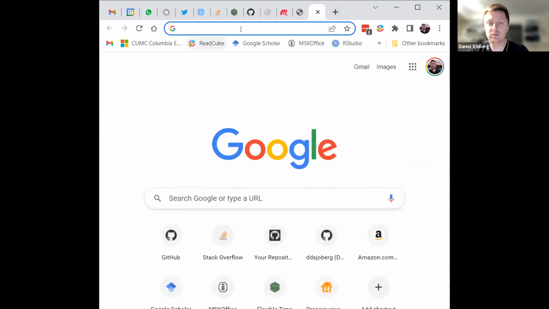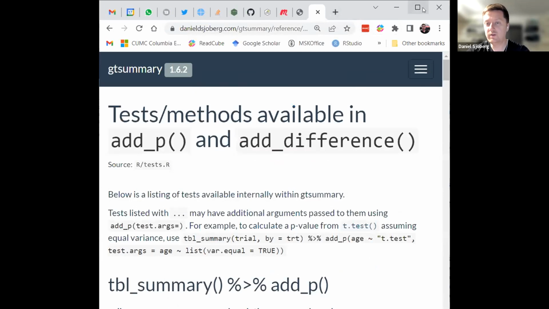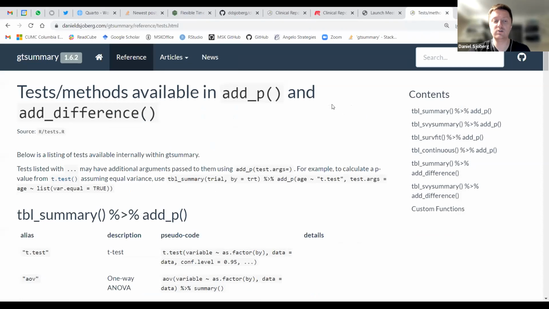And the reason I wanted to do this is that I want to show you one thing that I think is super fantastic about the package. So like I said before, sometimes I get a little bit nervous about packages that do statistics for me because I want to make sure that they're doing things exactly the way I think they should be done.